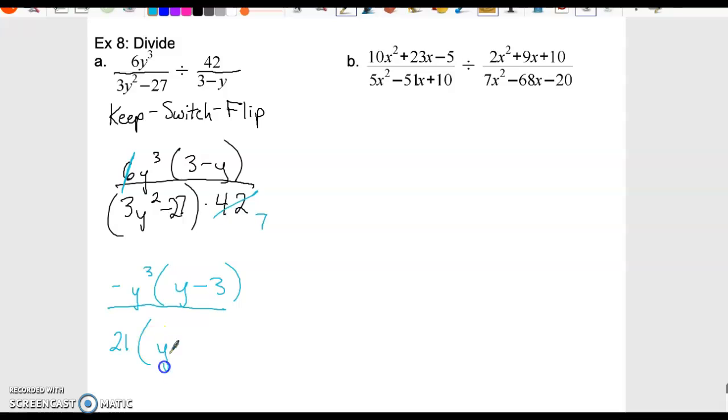And then I'd have y squared minus 9. And maybe at the same time I could rewrite this y squared minus 9 as y plus 3, y minus 3. That way I can cancel out the y minus 3's. And the best answer, I know I'm all over the place here,